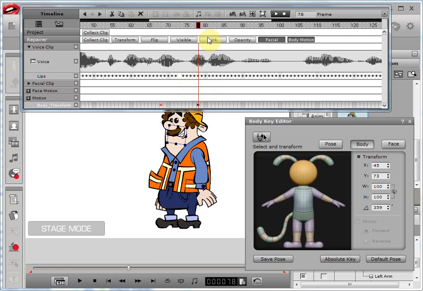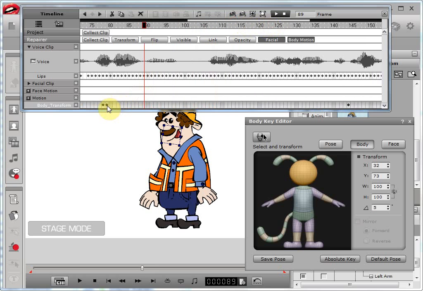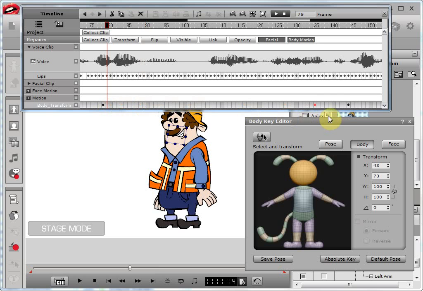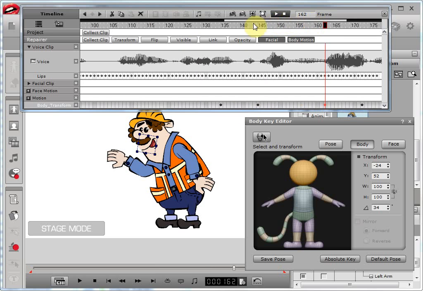Next key pose, next frame, click absolute key, then move this key here, before this, 10 frames before this key pose. Okay, again the same thing. Click here, absolute key, move. It's here, I think. Okay, so